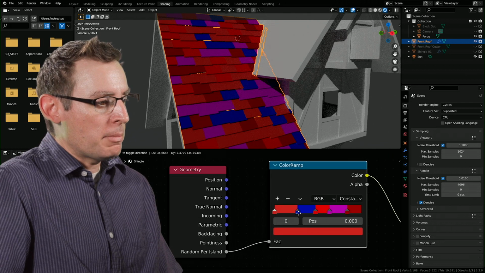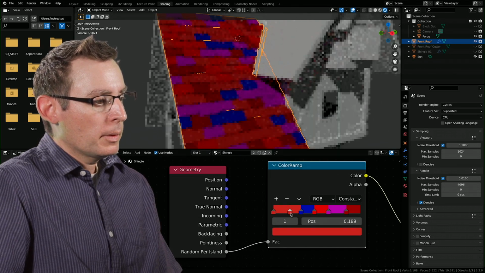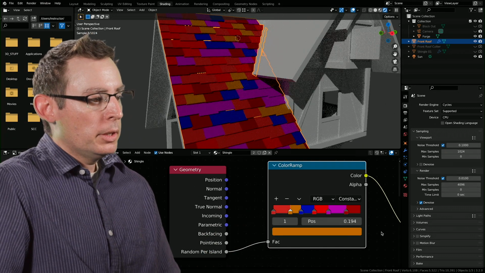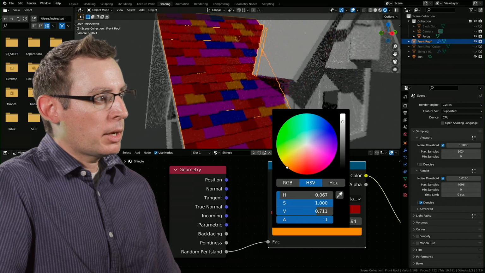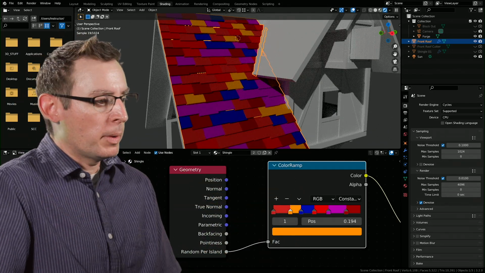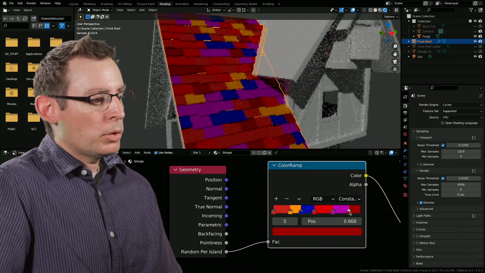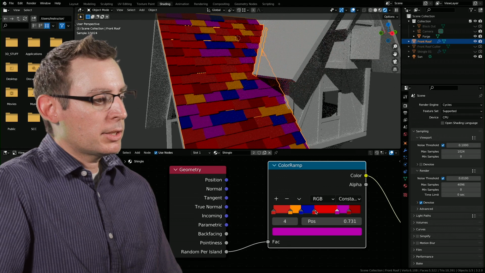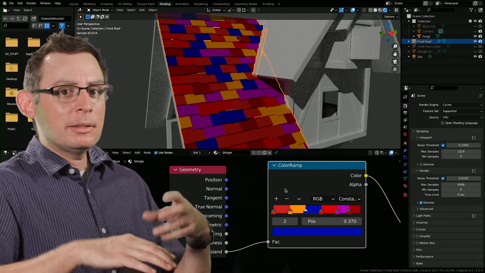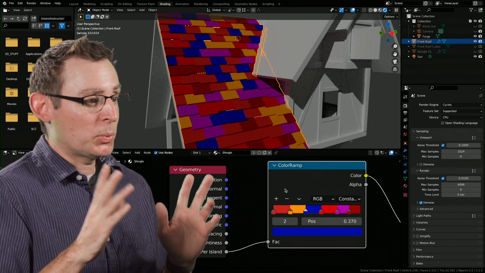We can even go in and maybe add a color by hitting the little plus sign. Let's do it real fast. So here's a new one. Let's just make it, oh, I don't know, yellow. Make it a bright yellow. That's kind of a darker one. There we go. That's pretty cool. And now it's automatically assigning them for me. Now, the distribution of these colors really depends on where all these sliders exist. And this is just a nice, fun way of randomizing the colors of all the roofing tiles right here inside of Cycles, which is pretty great.